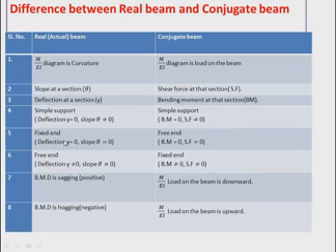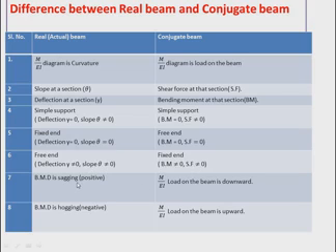Similarly, at a fixed end in the given beam or real beam, both slope and deflection will be 0. And in the conjugate beam, that fixed end will become a free end. And at the free end, we know that bending moment is 0 and shear force is also 0. Then at a free end in the real beam, you know that slope and deflection exist, that means both are not 0. So in the conjugate beam, what happens? The free end will become a fixed end. And you know that bending moment and shear force are not 0 at the fixed end.